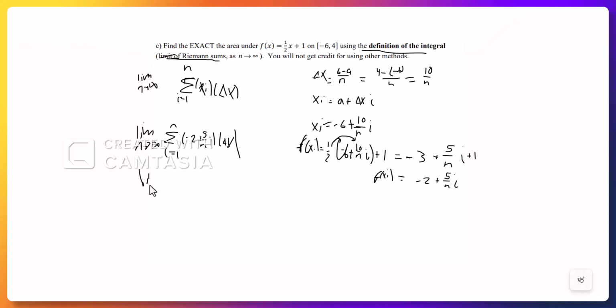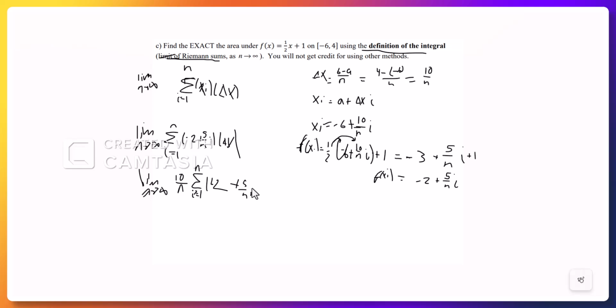So the limit as n approaches infinity, we're going to put 10 over n with the sum from i equals 1 to n of